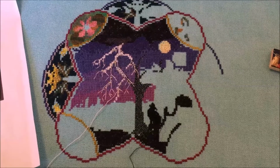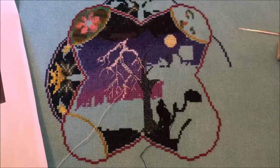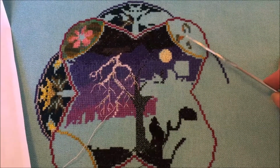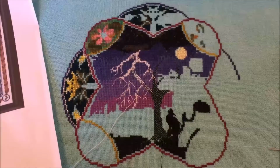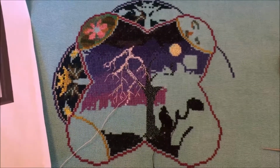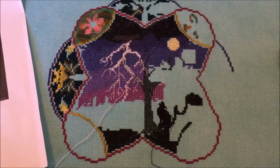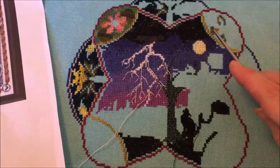I hope that I answered everybody's queries about things, particularly the difference in the hand-painted silks and which ones were maybe a must-buy. And I am going to try to compile a list once I get a little bit further along and have worked with more of the hand-painted silk colors, so that I can give you my opinion only, on ones that you could substitute DMC for and keep the cost down a little bit, versus ones like this one, which is Bluegrass,